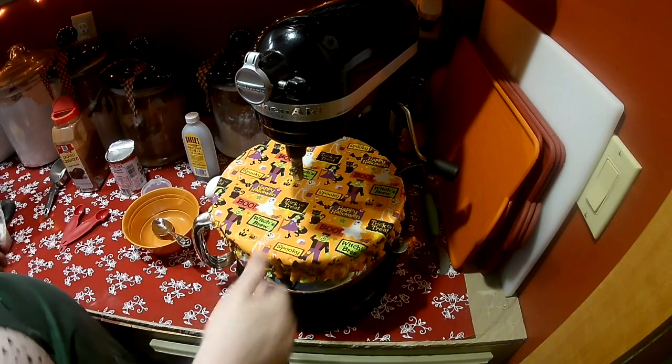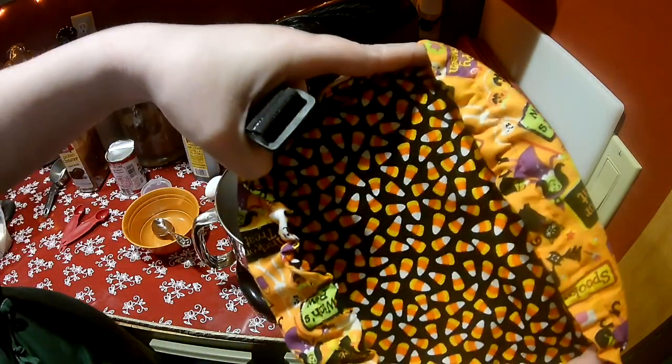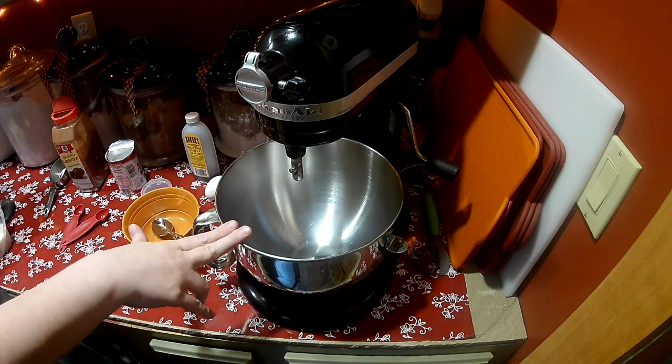and I will remove my bowl cover. Reversible. Okay, we'll remove that. And into my mixer bowl, I'm going to start with,